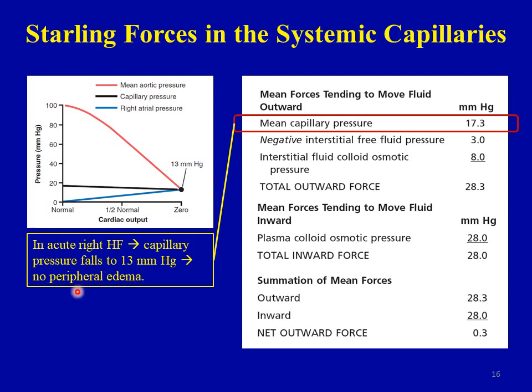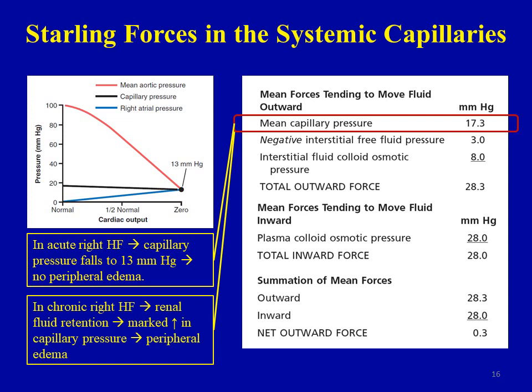So there will be no peripheral edema because the net outward force will be negative. So this will not lead to excessive filtration of fluid into the interstitium and will not lead to edema. What happens in chronic